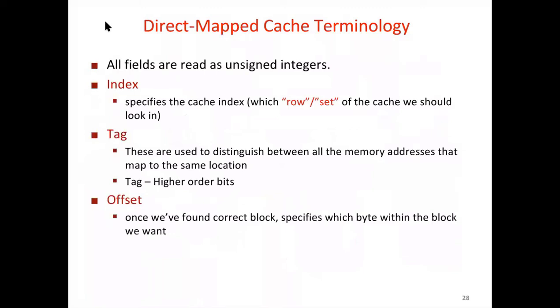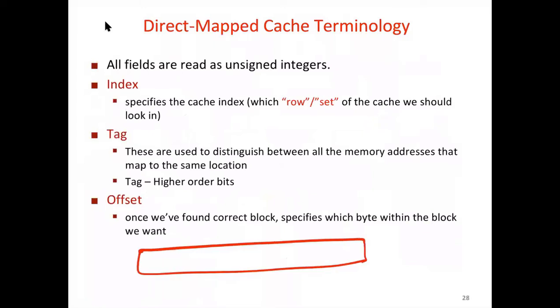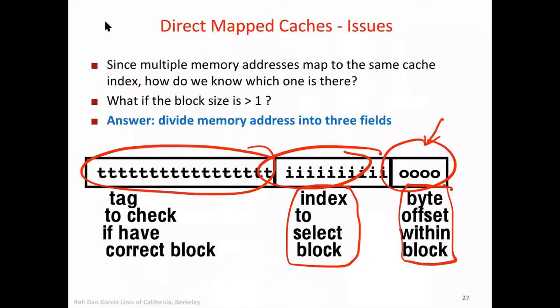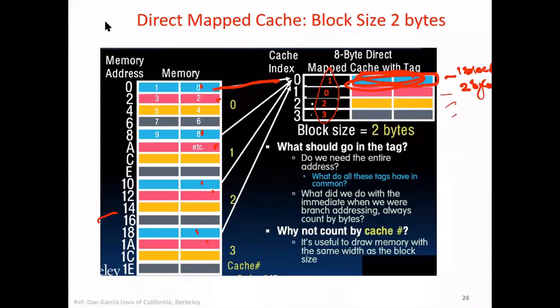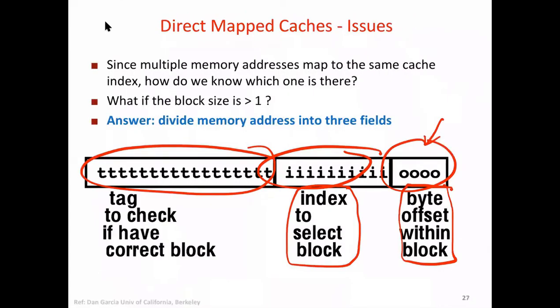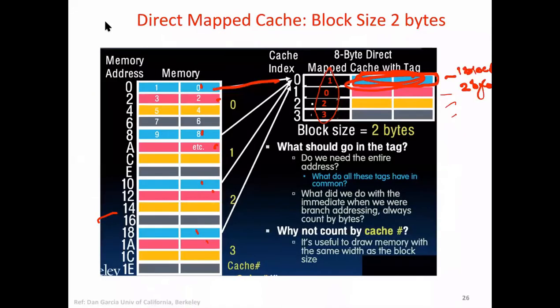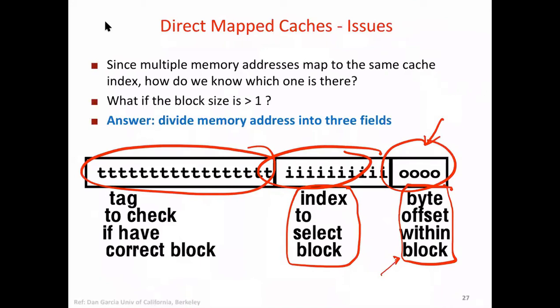So we have seen there are three fields we can split an address into. First is the tag, because you know that the blue or yellow blocks are repeating. To distinguish that, we use the tag. Then we have the index, which shows where exactly, whether it's a blue, yellow, or whatever block. And then we have the byte offset, which tells which byte it is within that. For example, in this case we have 2 bytes. We need at least 1 bit to represent that, right?